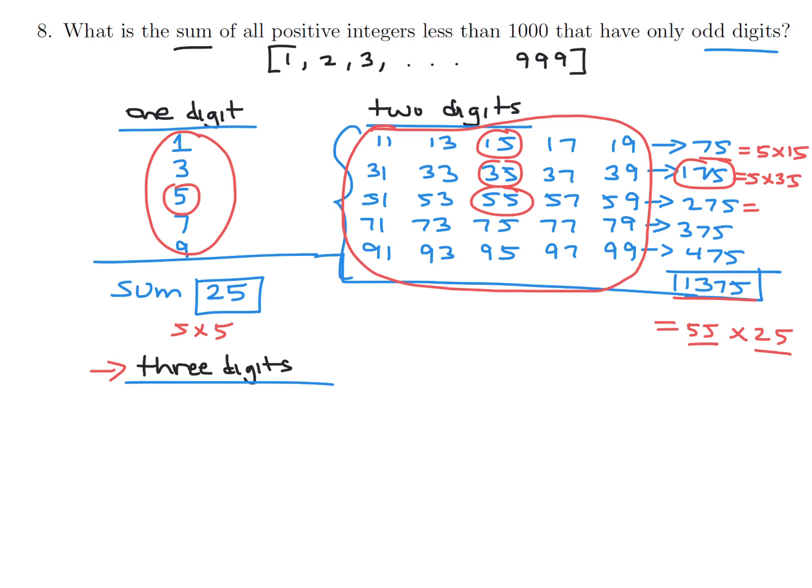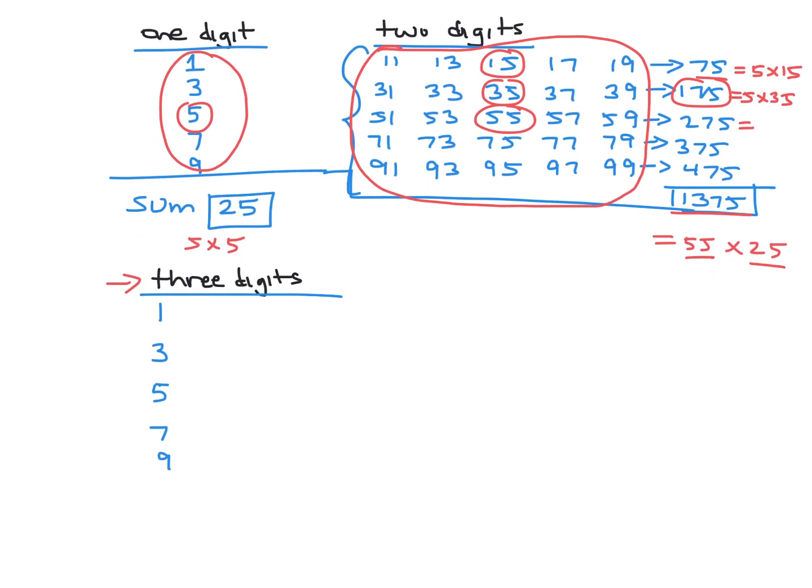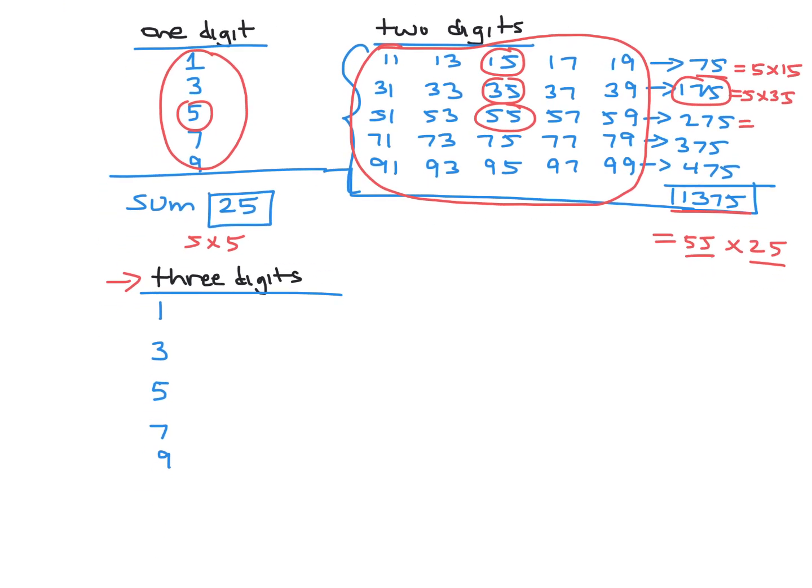Now there's a lot to list, so I'm not going to list them all. But there's the ones that start with 1, the ones that start with 3, 5, 7, and 9. Correct? And the ones that start with 1, let me think about this. The first ones would have 1 as the second digit, 3 as the second digit for the next list, and so on. And then for each there'd be 5. So 111, 113, 115, 117, 119,